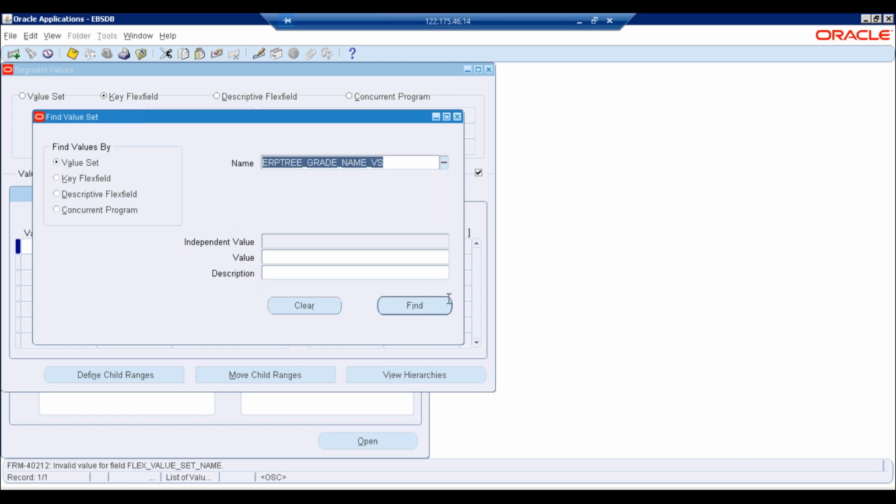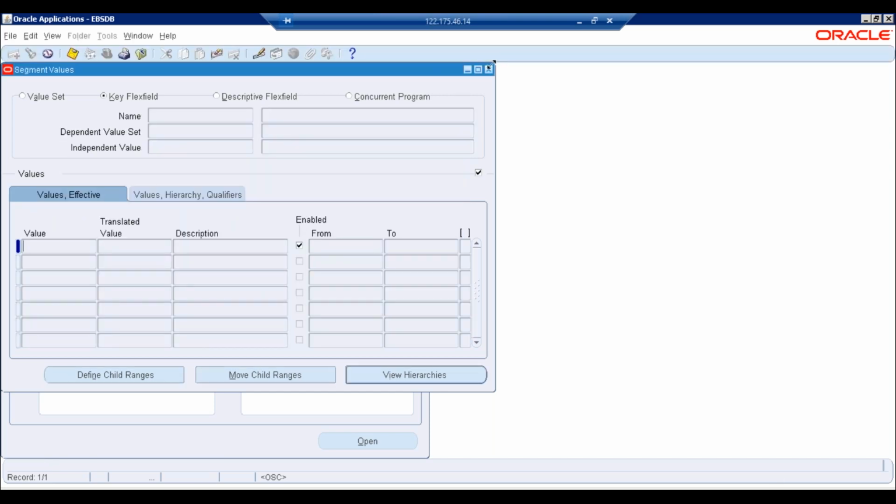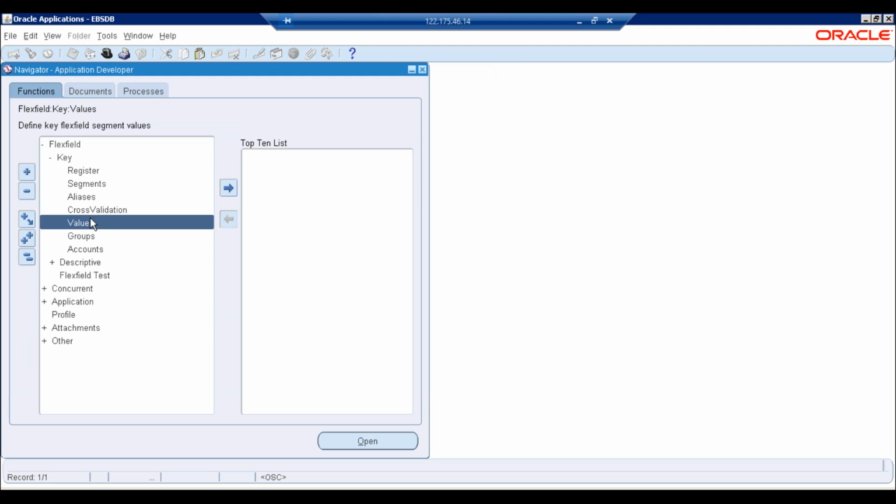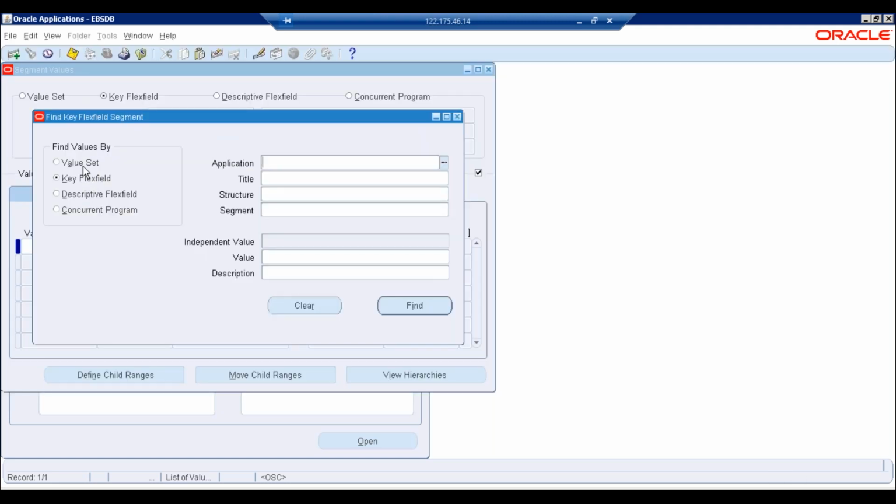And then see here, there is no values to this value set. Okay, we will attach these values. So for the independent value set, we will attach the values. Key flexfield. So what is our